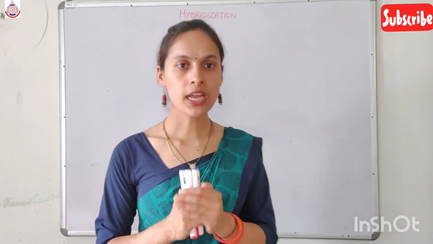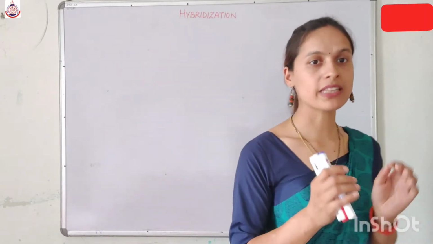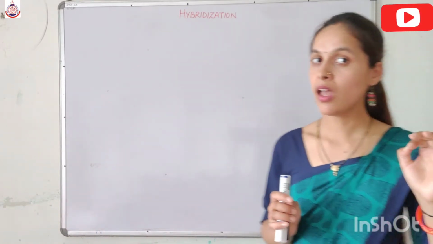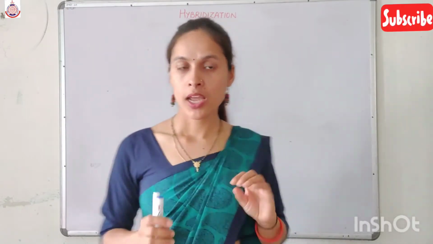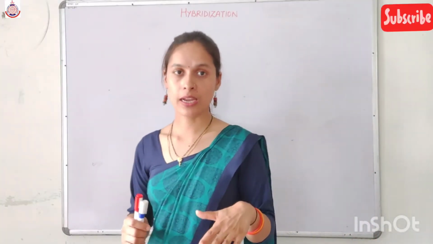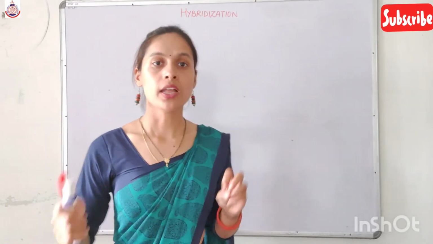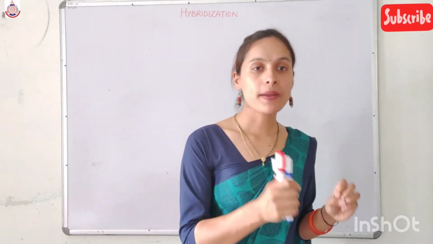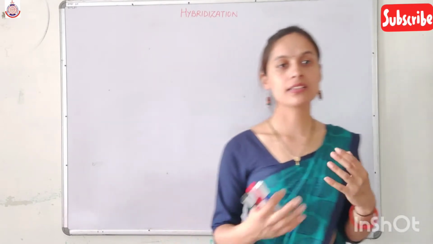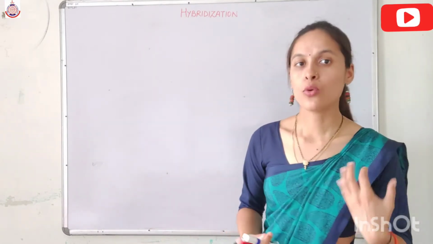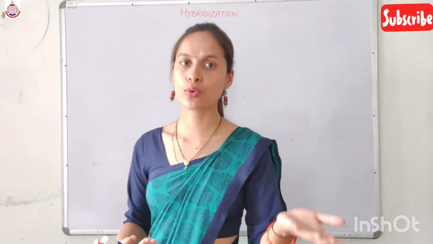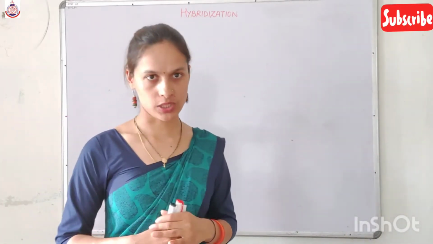This we have studied in valence bond theory, that a bond is formed by the partial overlapping between the half-filled orbitals. And if we apply this concept, then the covalency of an atom should be equal to the number of the unpaired orbitals which are present in that particular atom. Now, what is covalency? Covalency is the number of electrons which an atom can share during the bond formation.